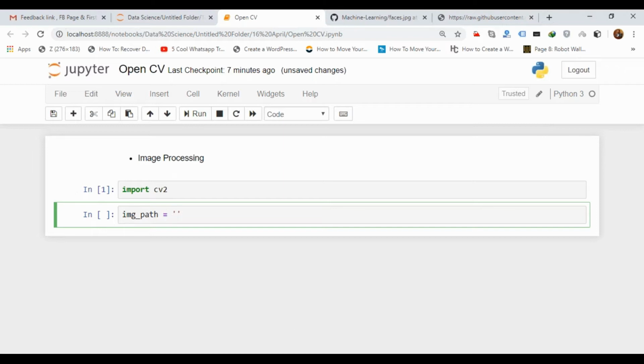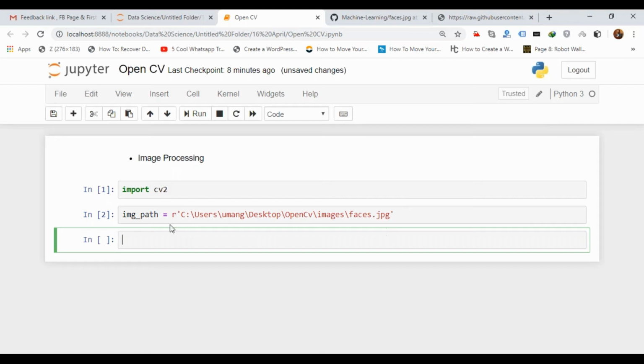In my system the image is on the desktop, so I'm taking the path of my image, and you give the path of yours. I'm writing faces.jpg, and pressing R, which gives read permission. If I execute this, the value is saved in my variable.